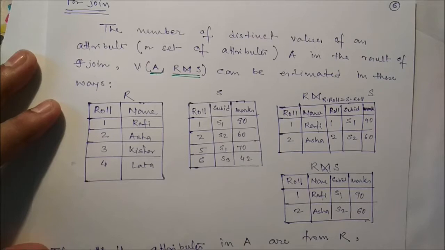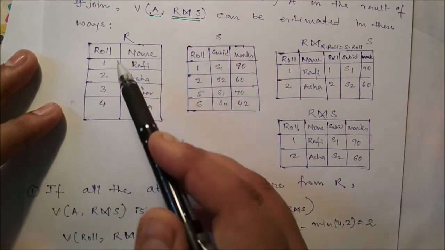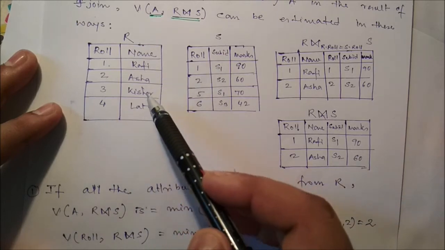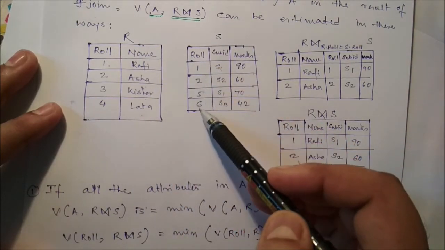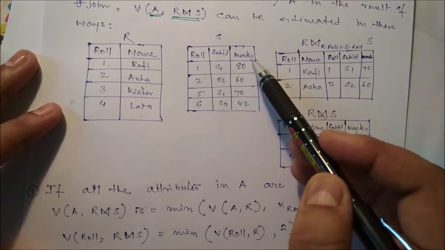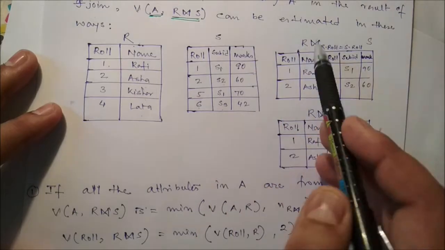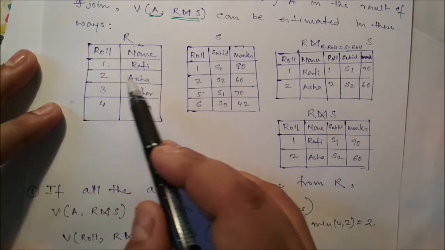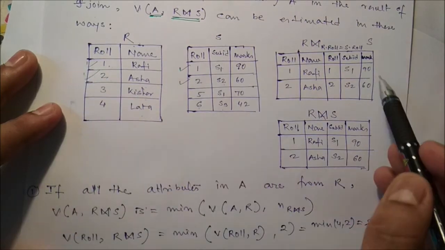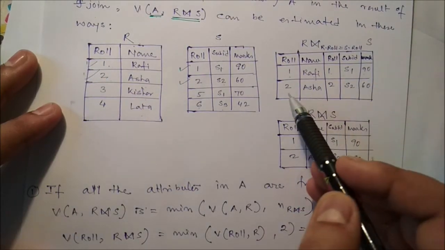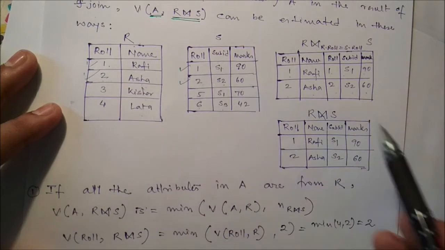So we can see here, say we have two tables R and S. So roll number, name: 1 2 3 4, Rafi, Asa, Kishore, Lata, and subject ID, roll number: 1 2 5 6, and S1 S2 S1 S3. These are the marks. Now suppose we want to apply the equijoin in between R and S. So definitely 1 2, the common attributes are what? 1 and 2. Okay, so 1 Rafi 1 S1 90, 2 Asa 2 S2 60.